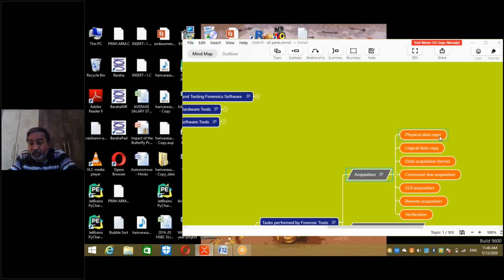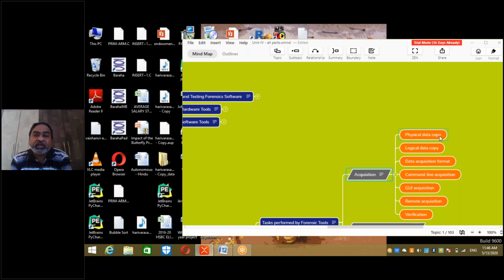Each tool gives data in its own format, and these formats should be as standard and popular as possible, so that migration is easier. The focus is on data rather than the application used, independent of the native environment in which the data is collected. Next, a need may arise to go for command line acquisition, so the tool should provide this facility also.